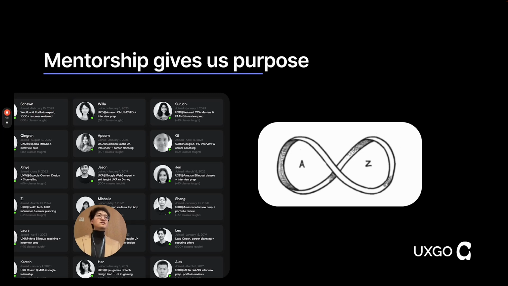And for a lot of us, mentorship is something that gives us purpose too, right? We attend these events, we work with you all not because we think we're better than you, right? Because we actually want to learn and grow with you. It's really amazing to see a lot of you. We're always surprised by how hardworking and how talented you are. And our goal for events like this today is, yes, we'll teach you really fundamental and basic things like interview skills, but the goal of these is hopefully everything we talk about from keynotes to practices, it helps you go beyond this session today, right?